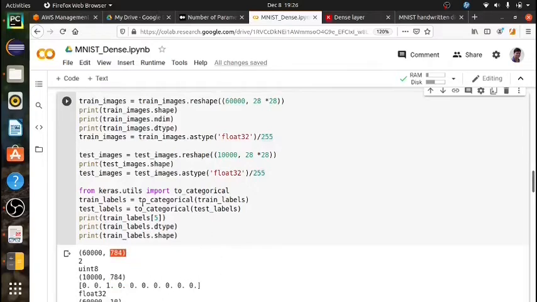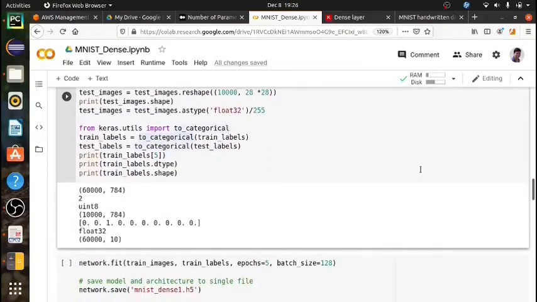And also by using this to_categorical function, we have changed the nature of the train labels also.